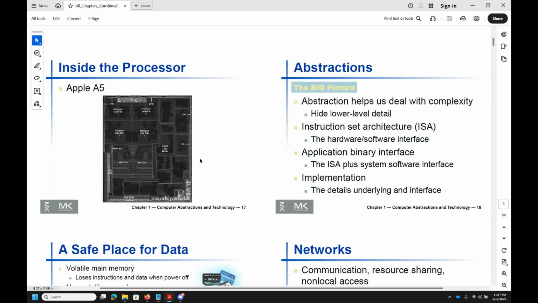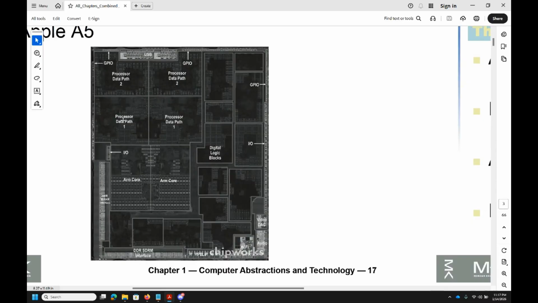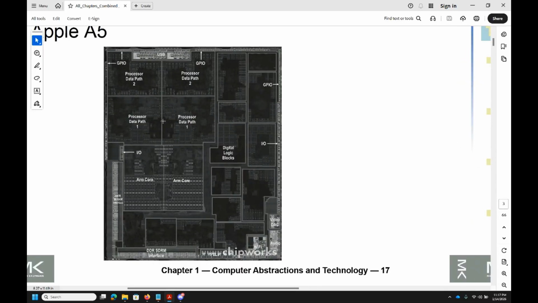We'll learn about all of these abstractions. For example, this is the Apple A5 chip, and as you can see, it's quite complicated. This is a SoC, which is a system on chip, which means it's much more than just the CPU. You can see it has I/O blocks for the touchscreen and the digitizer and everything else. It has general purpose input output pins which form the PCI bus and other interfaces. There's USB, there's a slot for the memory.